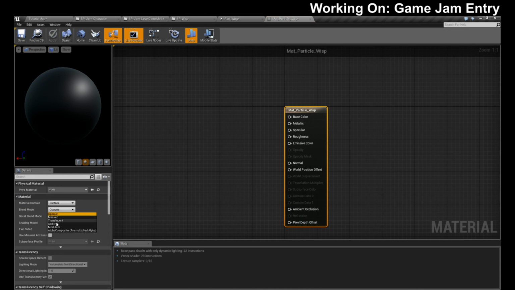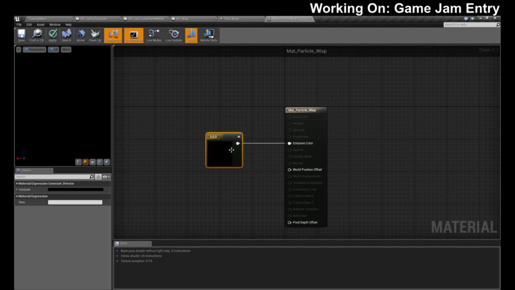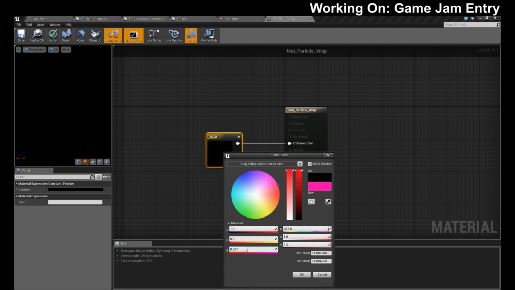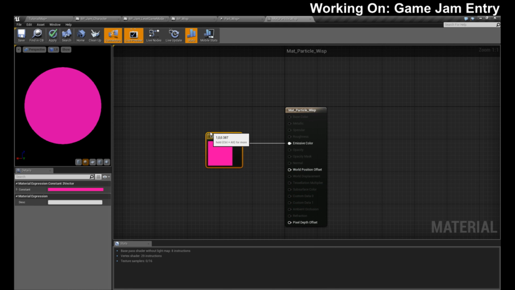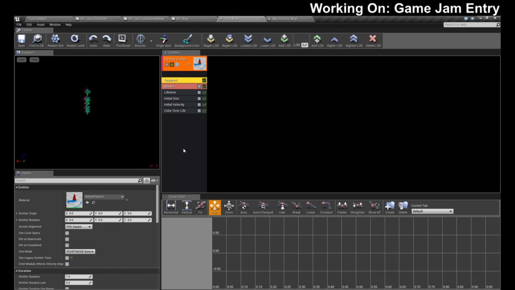It should be unlit. Where's unlit? There we go. Oh, here it is. And emissive in color. Let's just go with red, so hopefully we can see this. Particle wisp. There we go. Okay, so we have something now.